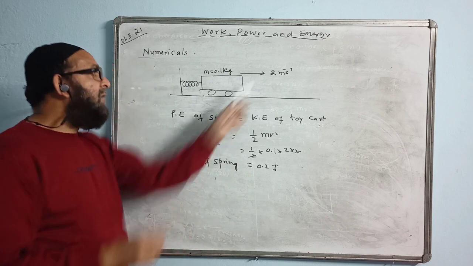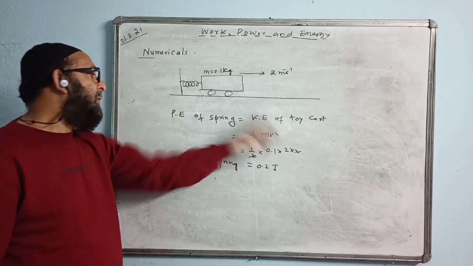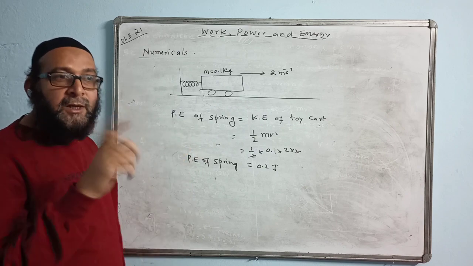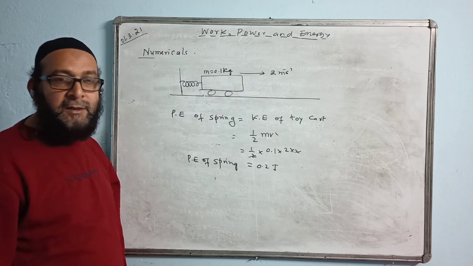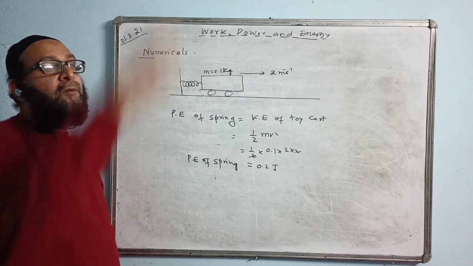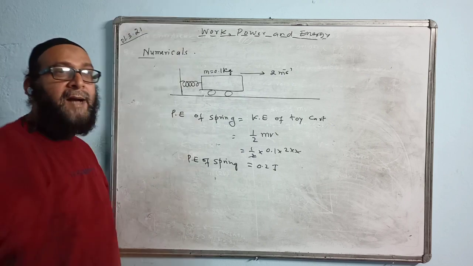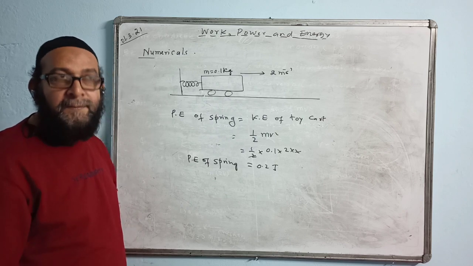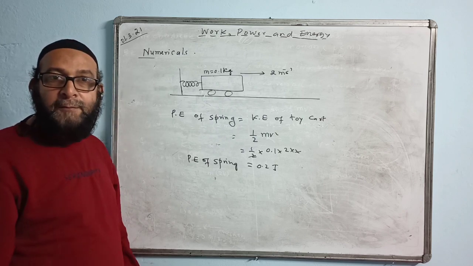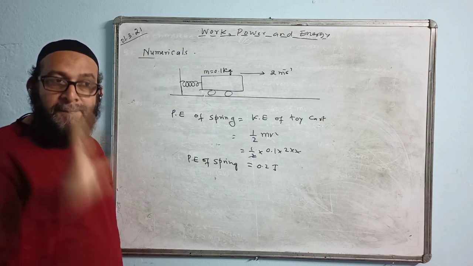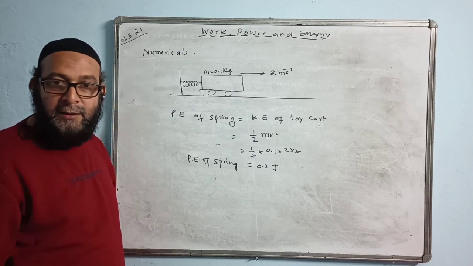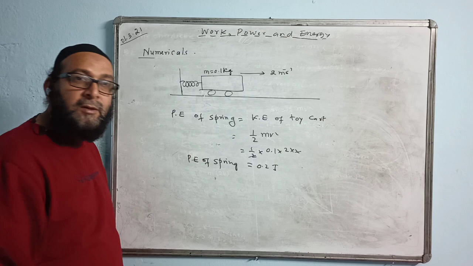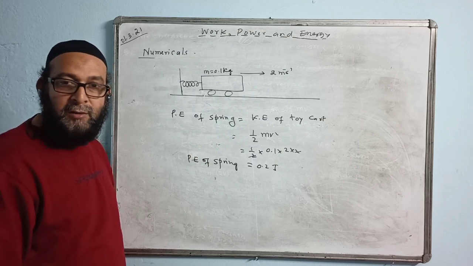That is, when velocity is given, we will find kinetic energy, and that only will become the potential energy value. Or whenever height is given, we will find potential energy and that only will become the value of kinetic energy. If a question comes, a mass is falling through a height this much, what will be its kinetic energy just before reaching the ground? Then we will apply the formula mgh and find potential energy. And that potential energy only will change into kinetic energy. Because as it comes down, potential energy decreases and fully changes into kinetic energy just before reaching the ground.